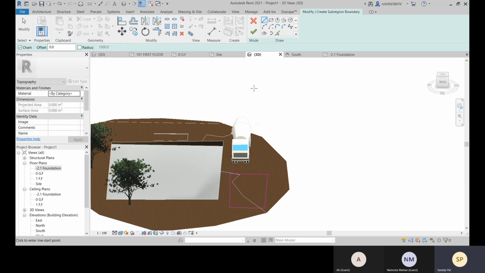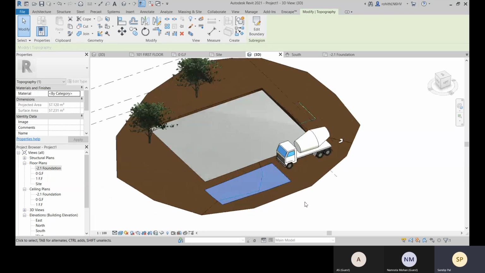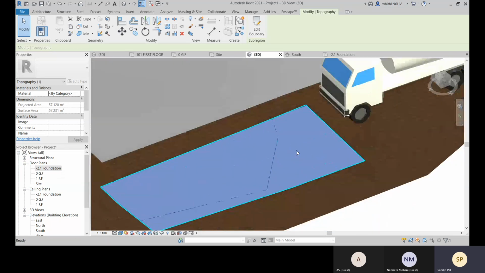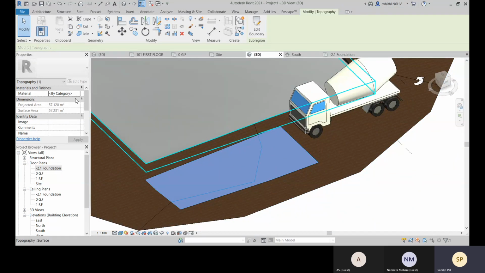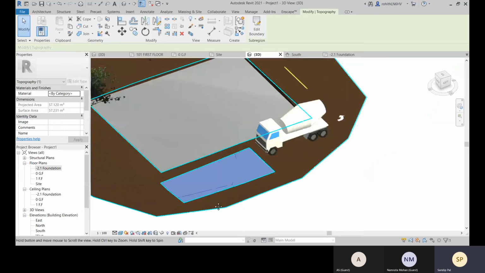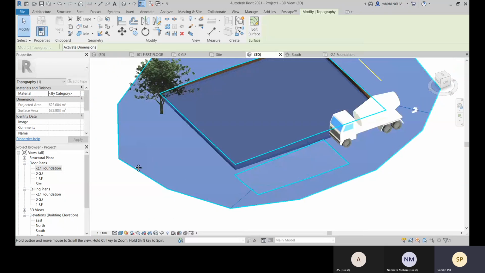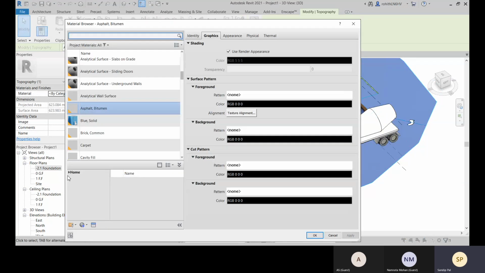Now it's like a merge surface, and after this also you can change its properties. And for this, let me show you how you can apply proper material.